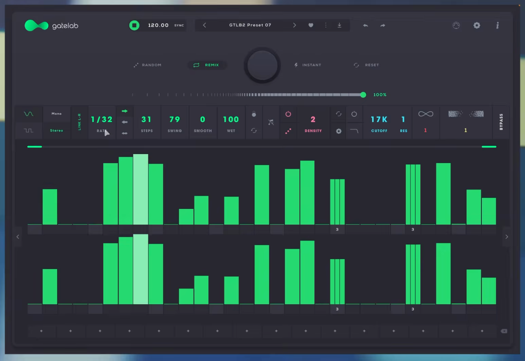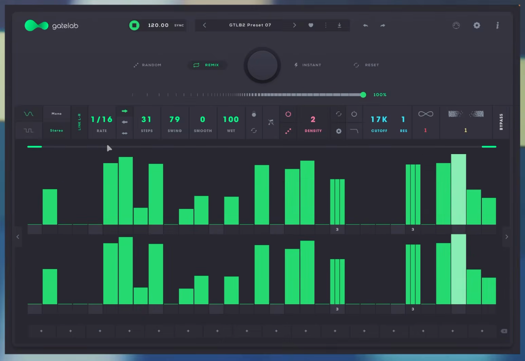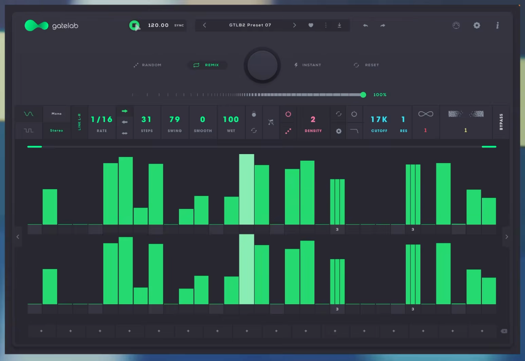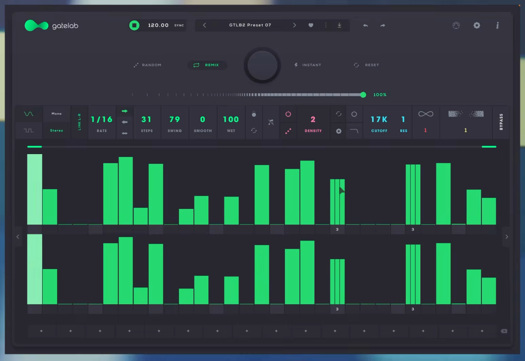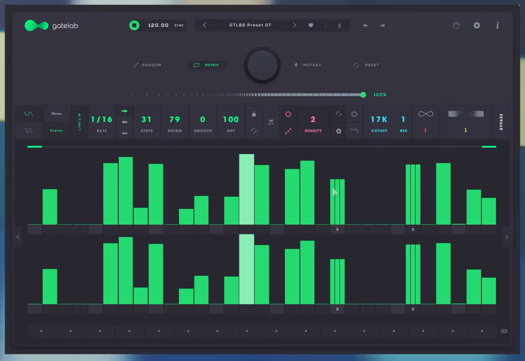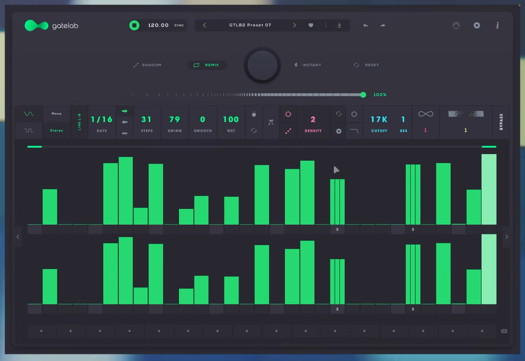And you hear it better if I slow it down a little bit. So you can hear it repeats very, very quickly in terms of opening up and down the different gates for that particular step based on the density selected. I can also